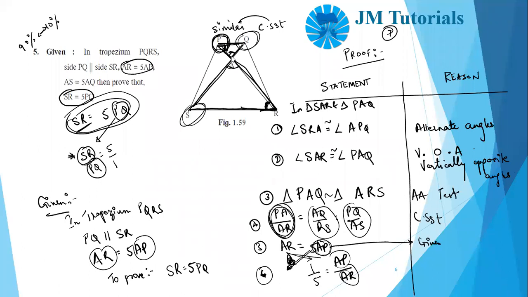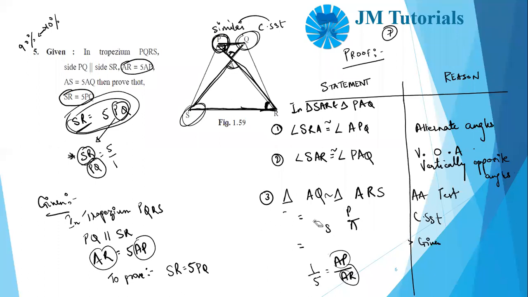Okay, have I done any mistake? Let me check. So A is going with A is going, okay, no, I've done a mistake. Guys, you didn't tell me. So see, I told you, if you make a mistake, everything goes wrong. You have to be very careful when you are writing the CSST. I told you this yesterday also. I made a mistake and my CSST went wrong. Because the CSST went wrong, everything following that went wrong. So this is a live example on writing this one-to-one correspondence very correctly.